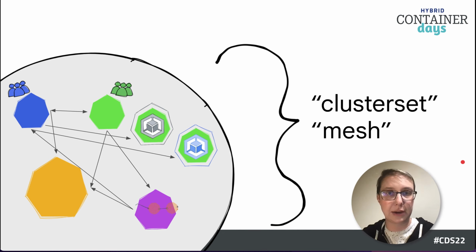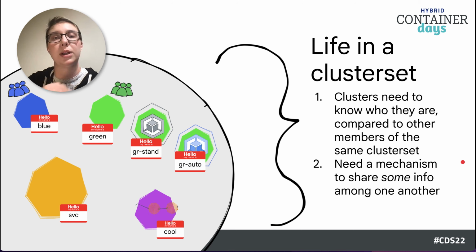It's the end of the known universe, so it doesn't really need to know itself as its own unique object. But once we're getting into a situation where more than one cluster is participating together and they need to identify themselves as themselves, they need to have some sort of naming mechanism for logs. You'll see later we'll use it for MCS DNS, multi-cluster service DNS, for all sorts of different situations where the coordinate of a specific cluster is relevant in relation to everybody else in the cluster set.